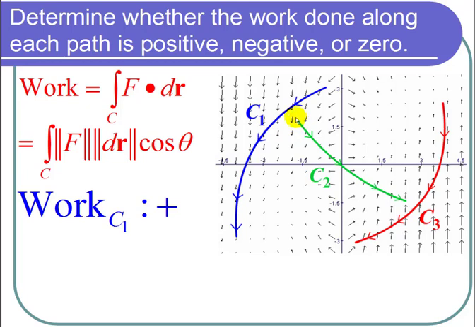For C2, we see that at the beginning we have an acute angle, but then we move over to an obtuse angle, and then we move back to an acute angle, and then it's more like closer to a right angle. So this goes back and forth and back and forth. So we get positives and negatives and zeros, and they kind of cancel each other out. So the work for a particle moving along C2 by the force field F is about equal to zero.